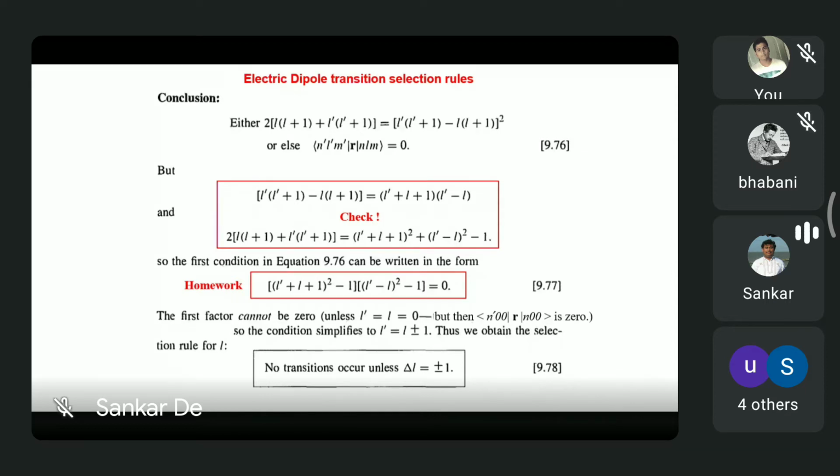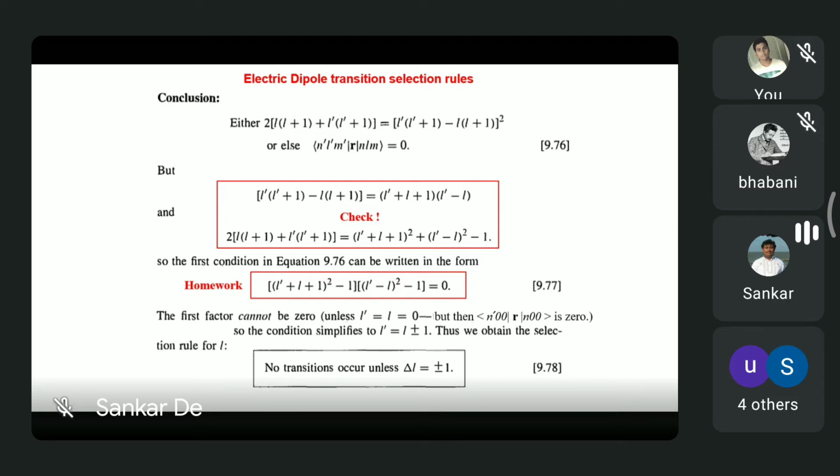Did you check these relationships, 9.77? Yes, it is true. We just have to expand 9.77, and in the box there it is written, and it comes out to be the same. But it is a little bit difficult to get from that to that. That's why I mean the internal steps that you check. But yes, I feel that what you said is right. It's a trick, but it's not a very easy trick.